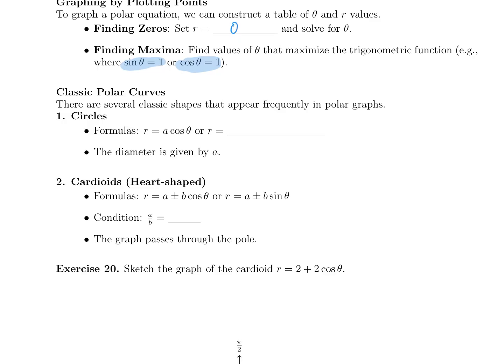So anytime that you see a formula of this form, r equals a cosine theta, or r equals a sine theta, you should automatically know that that's going to be a graph of a circle, where the diameter is a, which means that the radius would be half of that, a over 2. Okay, and for a cardioid,